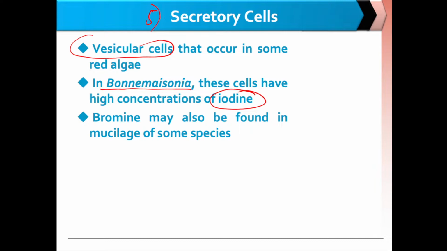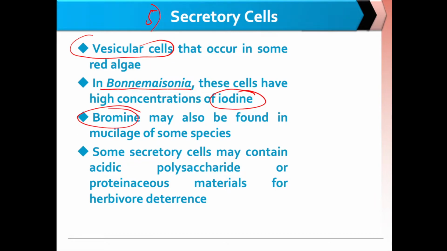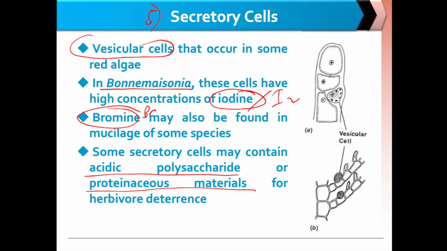Sometimes, not just iodine, but also different gases or different compounds like bromine can be found in those cells, in the mucilages, for example, of certain species. And usually, aside from that, so may iodine ka na, bromine, and usually, meron ka ding makikitang acidic polysaccharide or proteinaceous materials inside your cells. And usually, ang purpose ng mga ganitong storage compounds, like your iodine, your bromine, your acidic polysaccharides, your proteinaceous materials inside your cells, usually, ang purpose niyan is to, one,